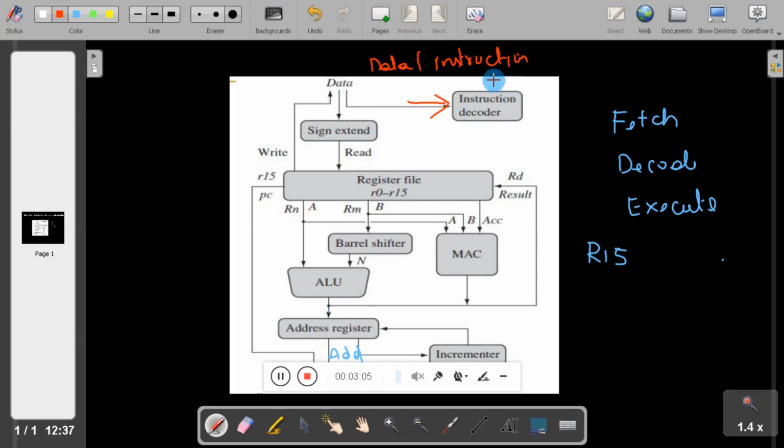What is the job of the decoder? The job of the decoder is to analyze the instruction. Normally, when you write a program in assembly language, like ADD AX, BX, something like this. But inside the computer, the instructions are stored in the form of ones and zeros, that is binaries, and that is called the opcode.